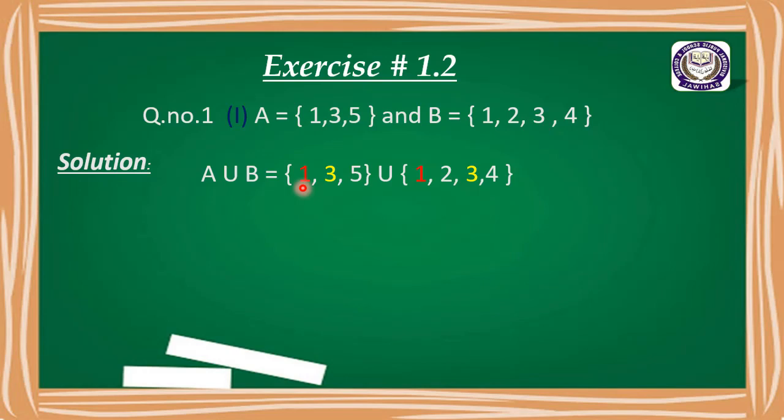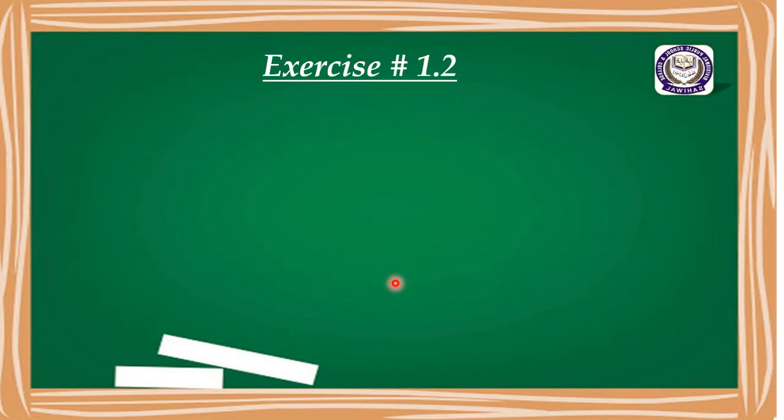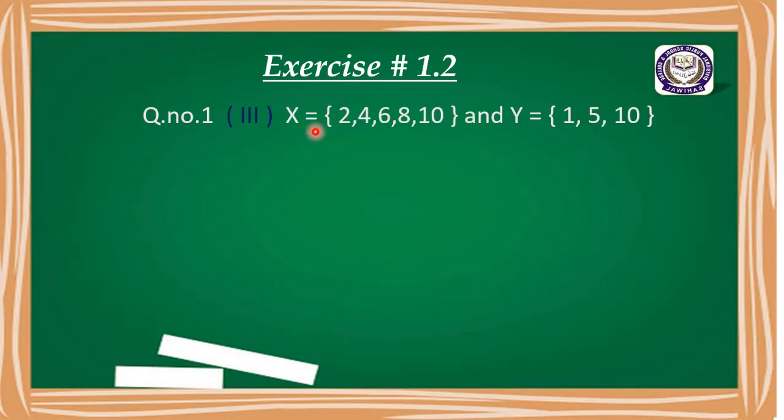सबसे पहले हमने क्या करना है? We will write down set A union, then we write down the set B and we will see to find the union of both the sets. We will see here 1 is present in both the sets which are common elements, so we will write only one time. Here 3 is also present in both the sets, we will write only one time and we will get the answer 1, 2, 3, 4, 5 when we combine the elements of both the sets and it is our required answer.